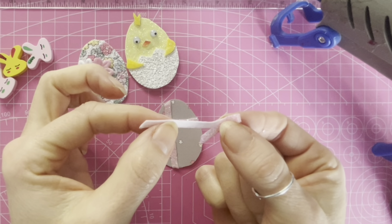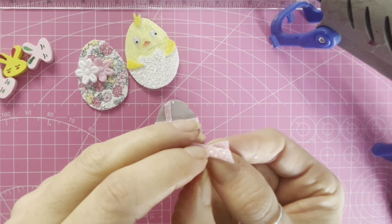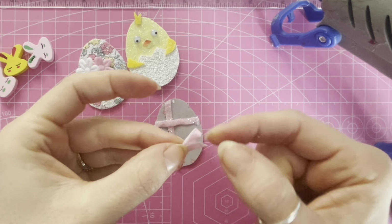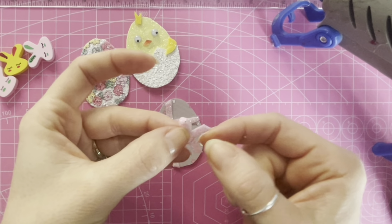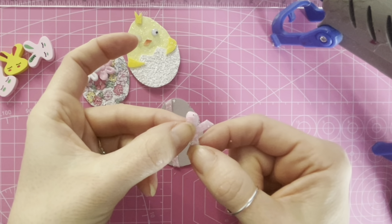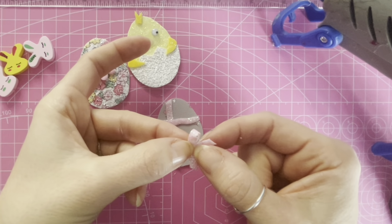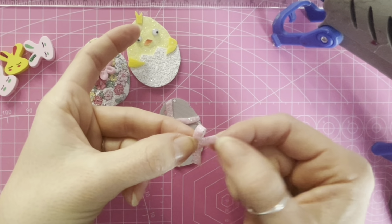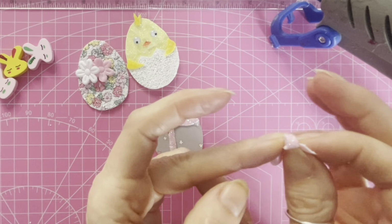I'm going to do the same with the other side. So I'm going to bring it over and kind of twist it so I've got a loop and a tail. And I'm just going to make sure that the tails are the same length and the loops are the same width. And once I'm happy with that,